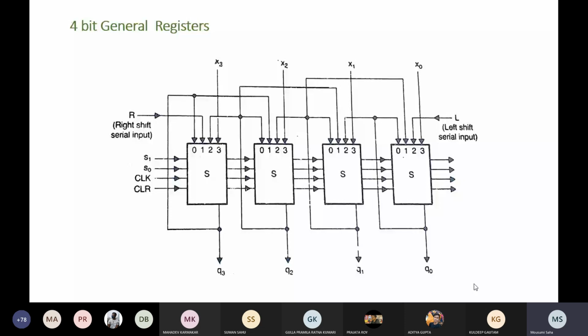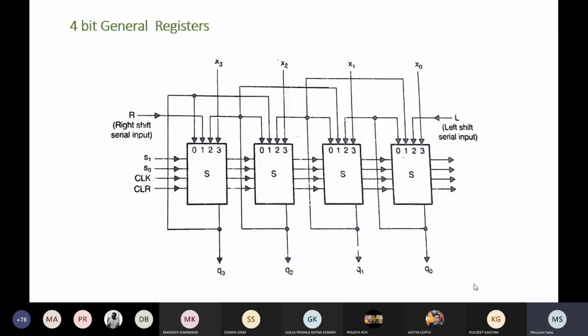And now check S1 S0 equals 0, 1. So what will happen? 0, 1 means that line 1 will be connected to the output of your MUX, and it will be going to your D flip flop. Okay, and ultimately at the next clock pulse you will get the output. Now what has happened? This line is connected